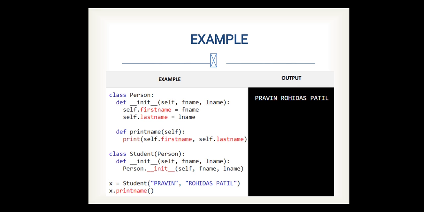When I create an object of the second class, Student, and pass the parameters Praveen Rohidas Patil, and call the method printname, it is directly going to call the method of the parent class